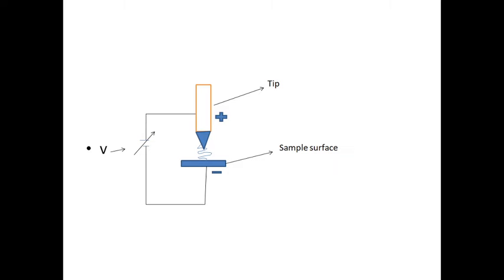That is the idea. The tip and the sample surface are connected by a voltage, then current flows. Due to this voltage between the tip and the sample, current starts to flow from the tip to the sample specimen, and the amount of electricity is indirectly proportional to the voltage. Always remember here, electricity is indirectly proportional to the voltage.